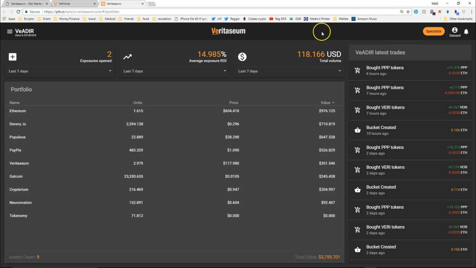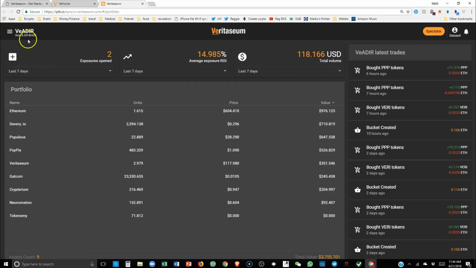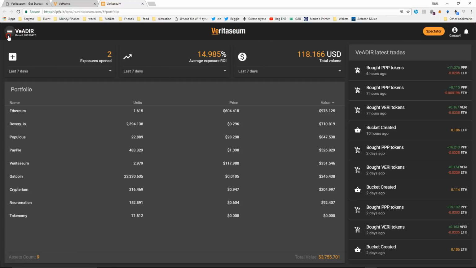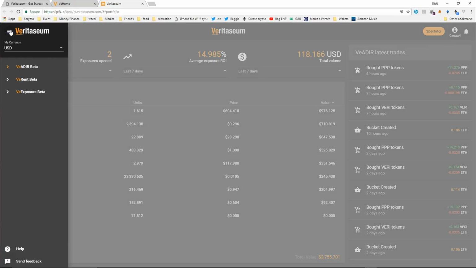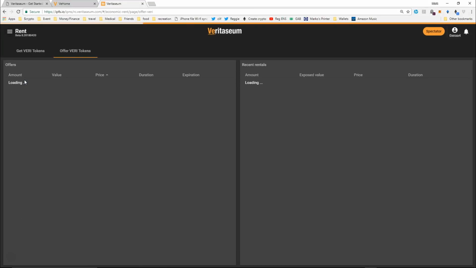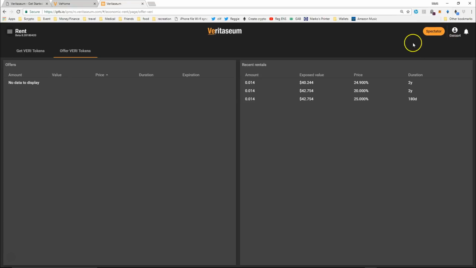Look at the latest trades, look at the portfolio, and as we'll see by selecting the menu, you can also look at the other functionalities. So let's go ahead and look at the rental facility. And what we see here, again, from a spectator or public view, is that there are no current offers for offering VeRI tokens for rent,